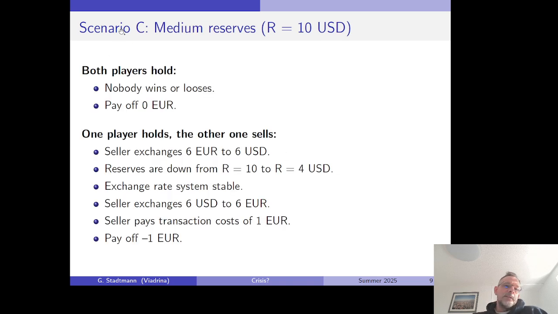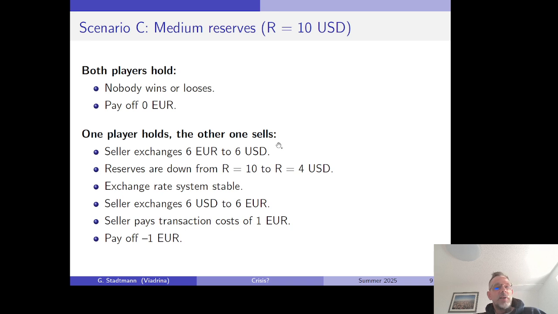Let's switch to the last scenario, scenario C, where the central bank has medium reserves. So R is equal to $10. It already becomes clear that the system only breaks down when both players attack, but the system will be stable when one player attacks. One player is not large enough to attack the central bank. So in case that both players hold their portfolio, nobody wins, nobody loses, payoff is €0. If one player holds and the other one sells, the seller